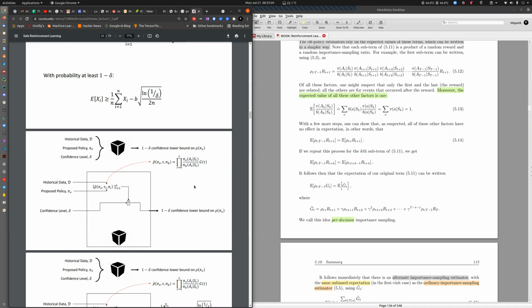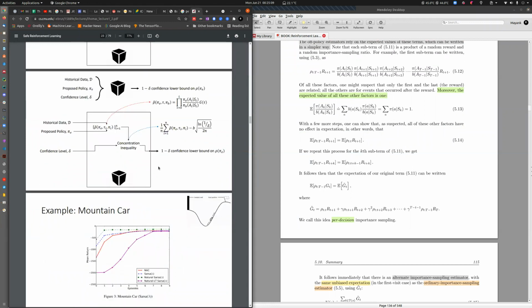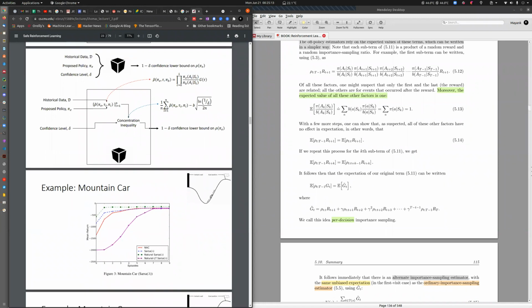So this is a kind of sampling trajectory which tries to minimize it. This time, this is the concentration inequality, and they might have tested it. They might have hypothesized this theory on the mountain car example. So this is very specific to this kind of problem. Okay. It can be extended with respect to those other critical